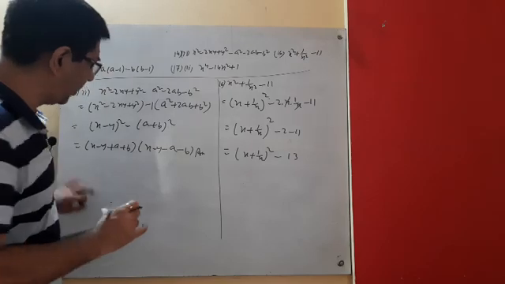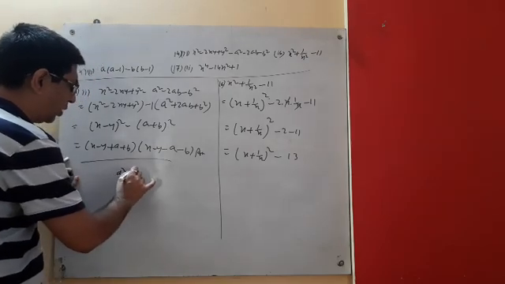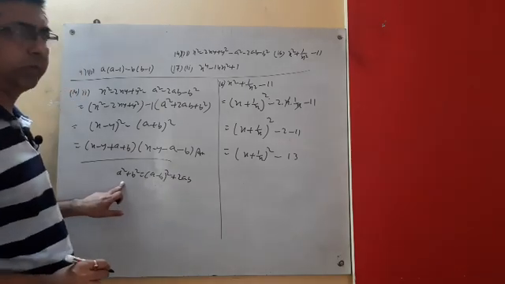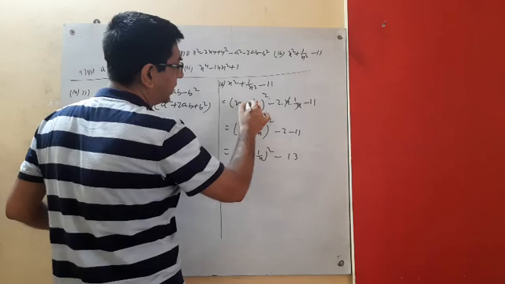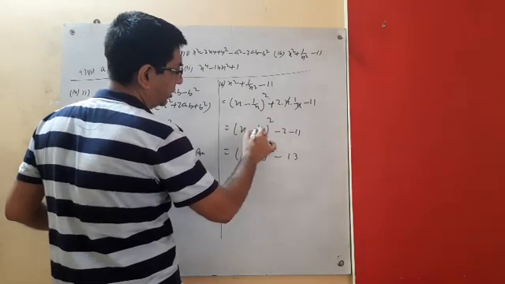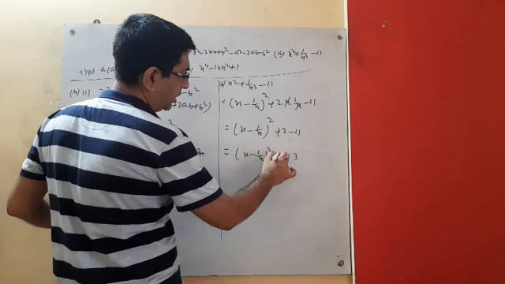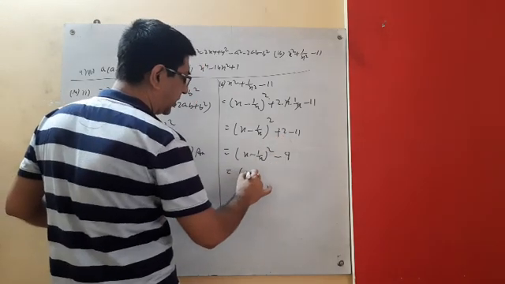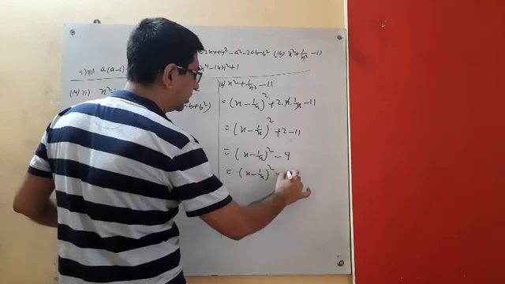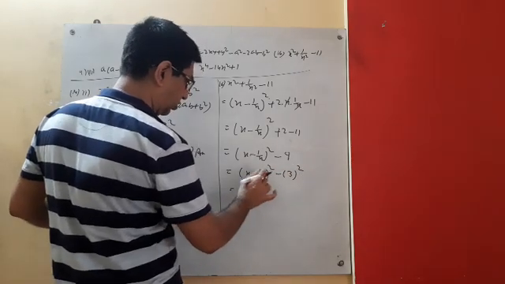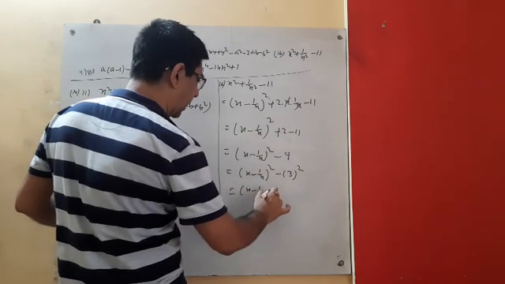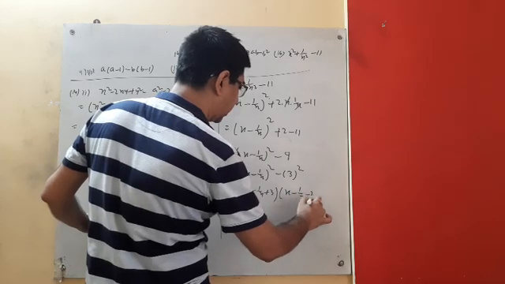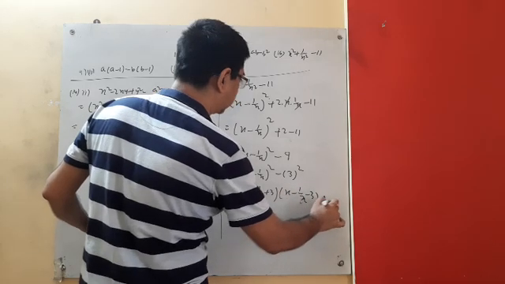Look, we know the formula of a square plus b square. Another formula is there, a minus b whole square plus 2ab, isn't it? This is also a formula of a square plus b square. So if we write this one, a minus b whole square plus 2ab, what comes? This one, this one, and plus 2 minus 11, so it is coming minus 9. Now it is the difference of two squares. Look, it is the difference of two squares. A square minus b square. So a plus b into a minus b. So this is the answer.